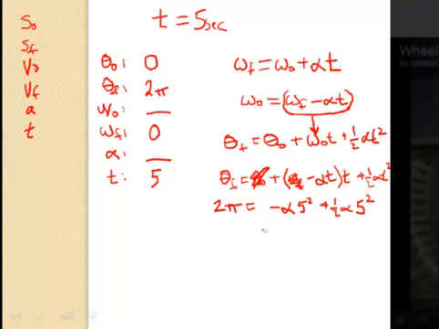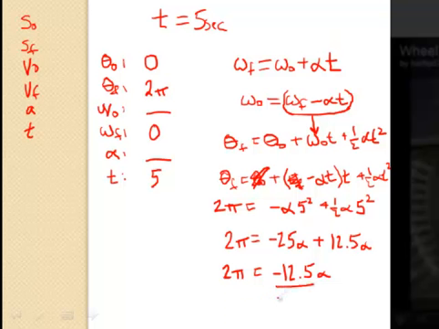I know it's a little sloppy, but we can solve this. This is just a number, 2 pi. I'm going to leave it as 2 pi for now, and when I calculate it, it'll be more exact that way. Let's see, this is negative 25 alpha, and then half of 25, so that's 12.5 alpha. These things can be combined, and that becomes negative 12.5 alpha. And dividing both sides by negative 12.5,